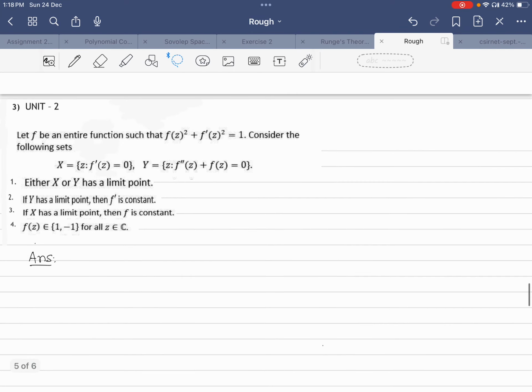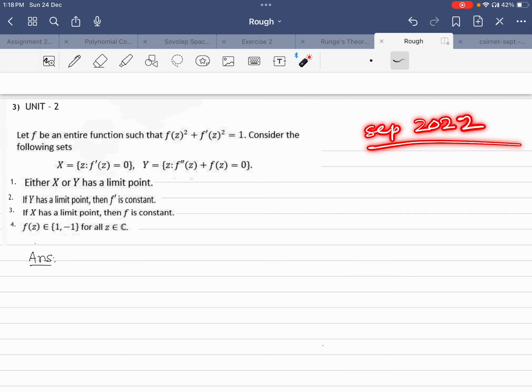So that is the question from CSIR NET 2022, September 2022. Okay, there is a question from complex analysis. So yeah, here's the question. So if f is an entire function such that f squared z plus f prime squared z equals